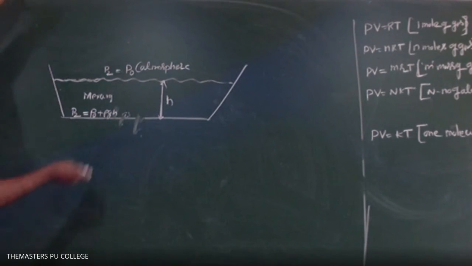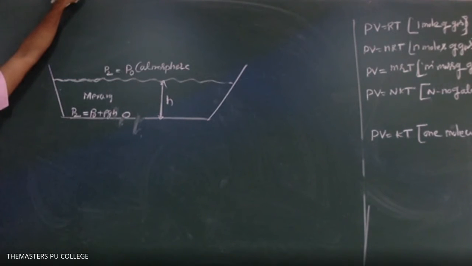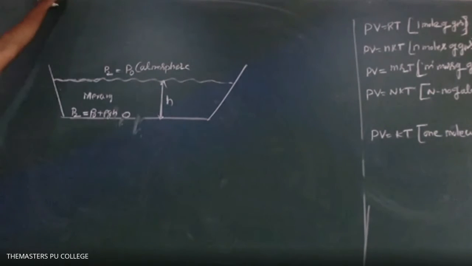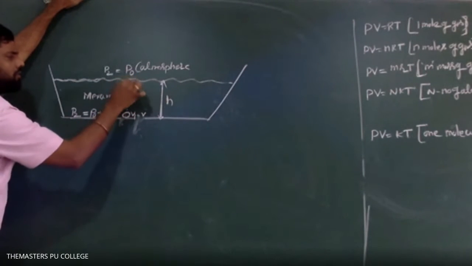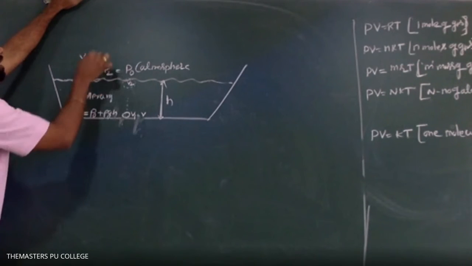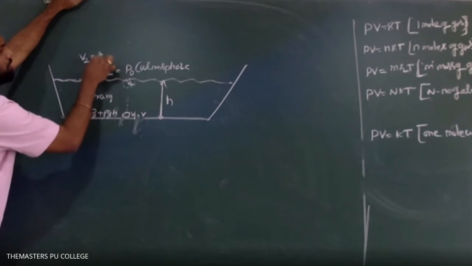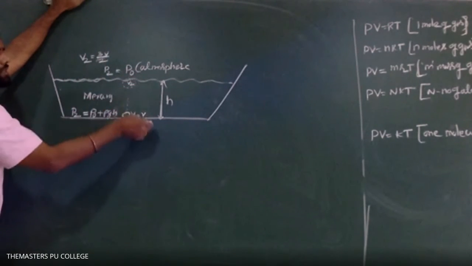So therefore, this air bubble of volume V. Its volume becomes 1.5 times. For example, here V1 is equal to V. When it comes to the top, the volume is V2. They have given that V2 is equal to 1.5 V, that is V plus V by 2, which implies 3V by 2. The volume becomes 3V by 2. They didn't speak about the temperature, which means temperature remains constant.